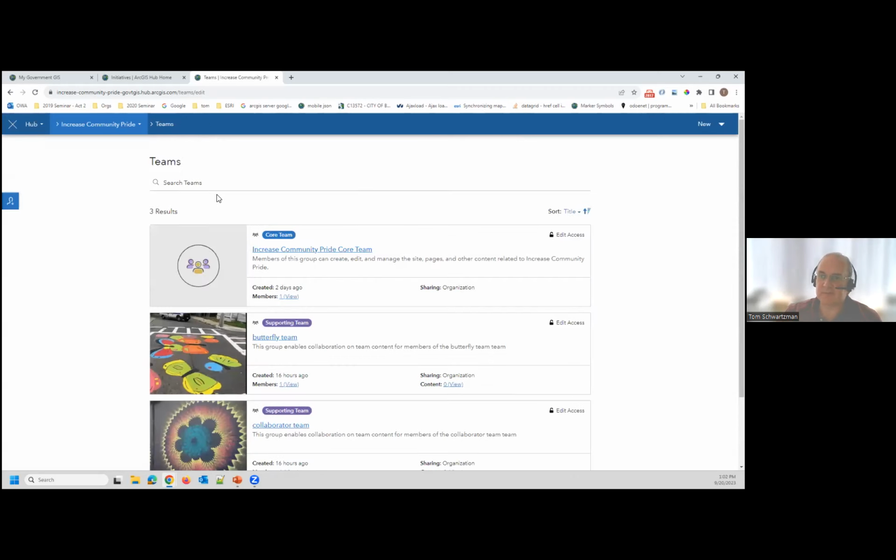There's also this idea of teams. So you've got this core team, who have pretty much full access to things, but then I can add other supporting teams. So if you think about external people only having limited ability to edit limited things, like, okay, NGO who's helping me, this is your page, and I'm going to give you access to edit this page, but I'm not going to give you access to edit the main page of this initiative.